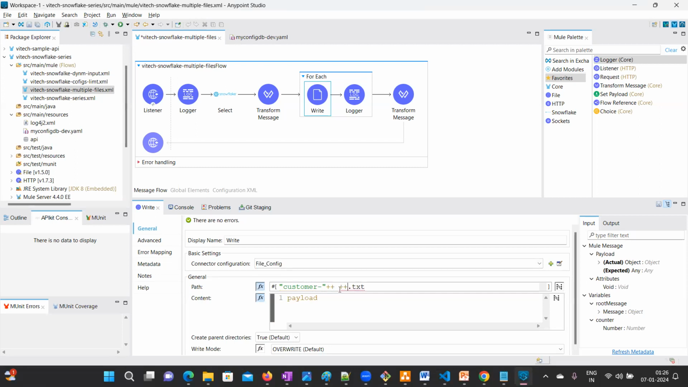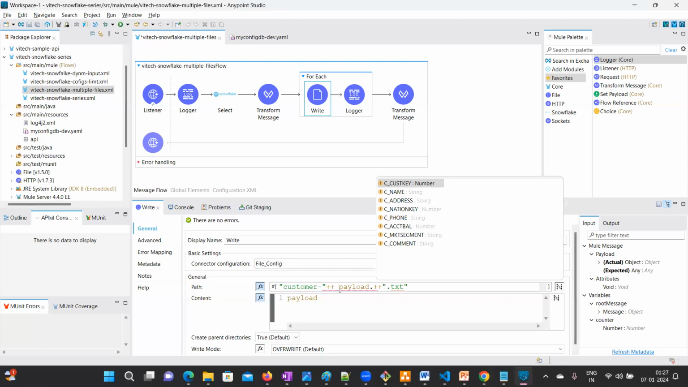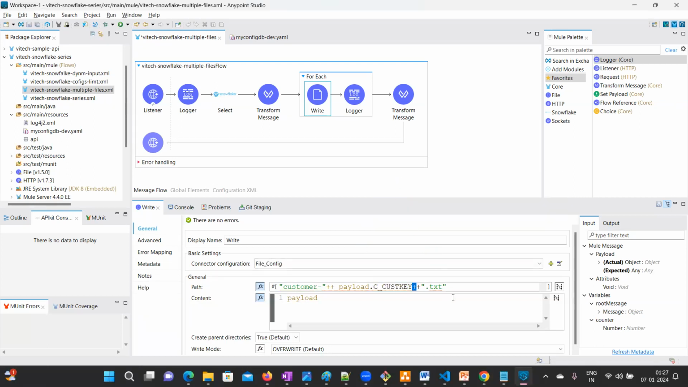So you can give one more plus plus and keep dot txt. It also, see, if you want to create, you can create the JSON file. So here it is very important: the payload dot based on customer key. Okay, so what it will do,